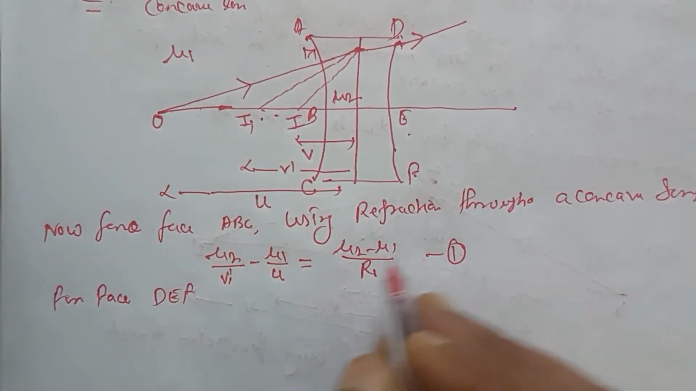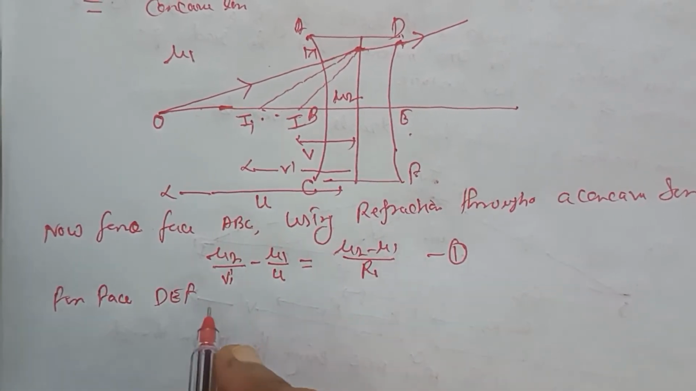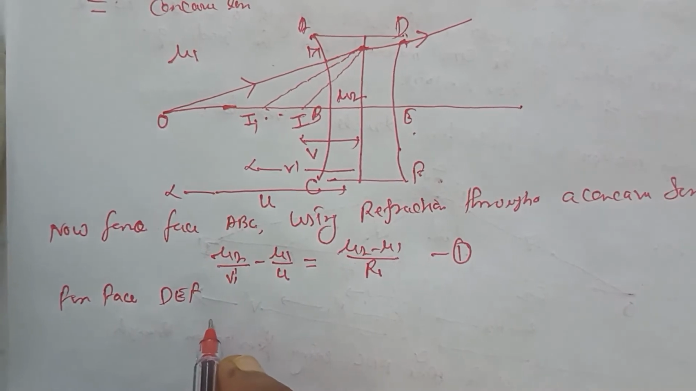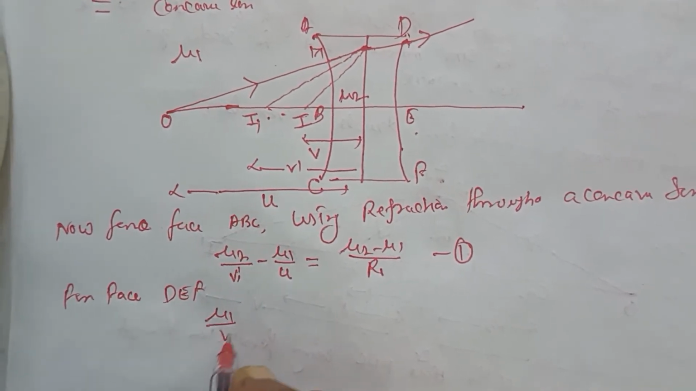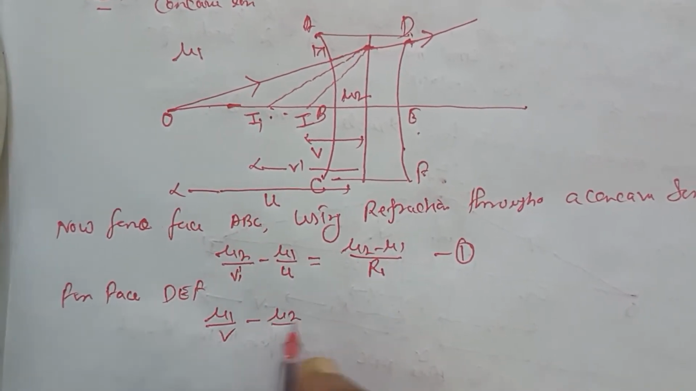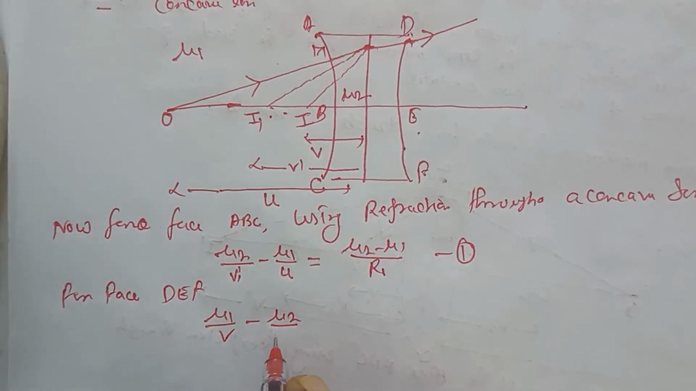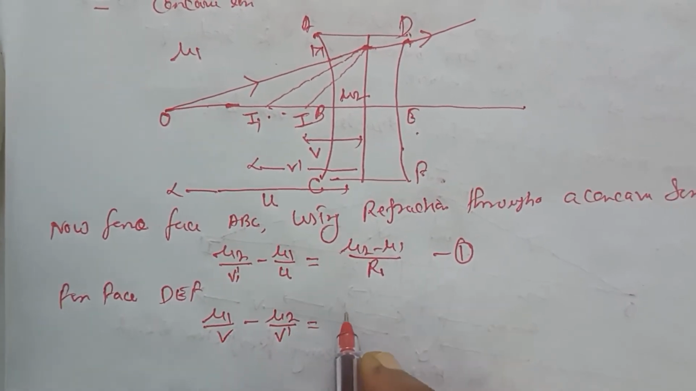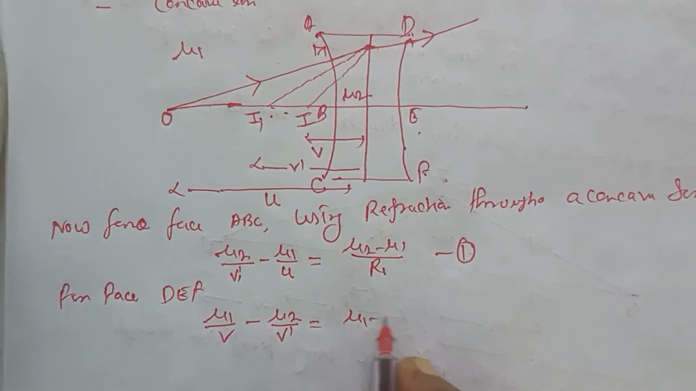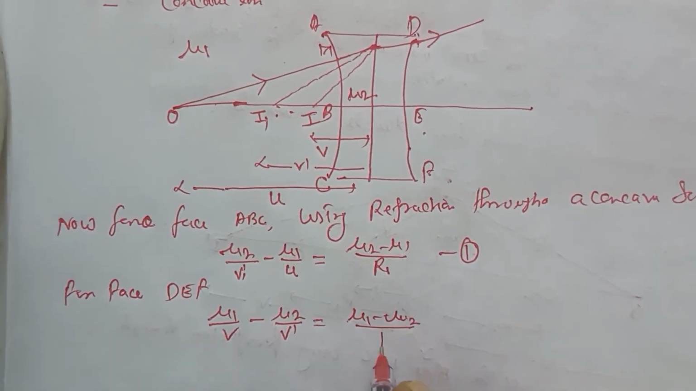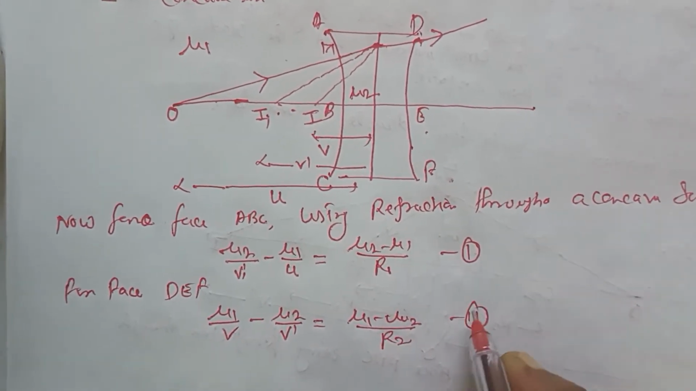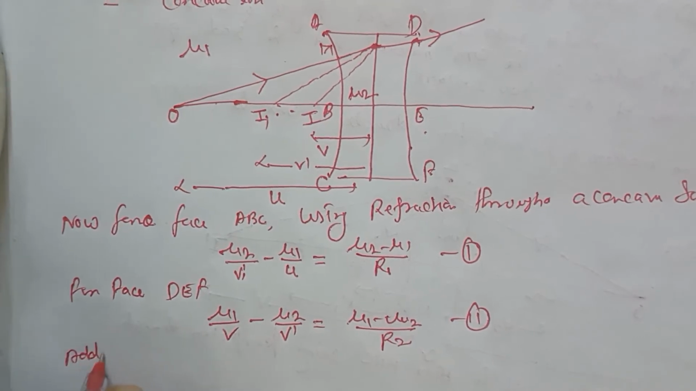For face DEF, again using refraction through a concave surface, this one is considered as mu1 divided by v minus mu2 divided by v dash equals mu1 minus mu2 divided by r2. Equation number 2. Adding the above equations,